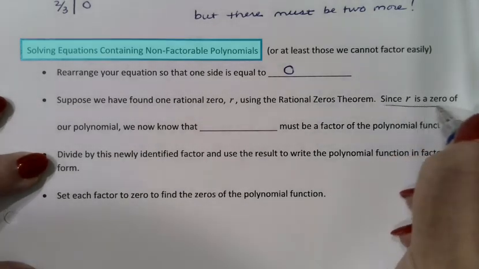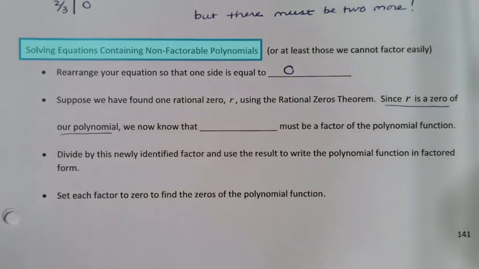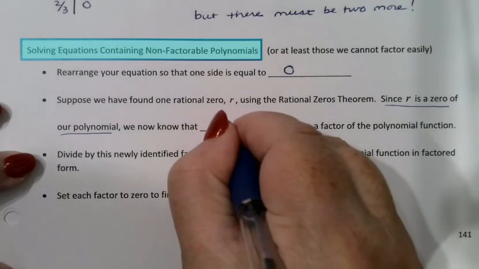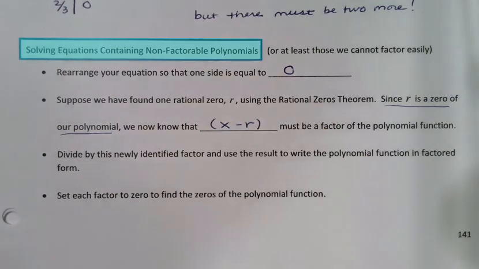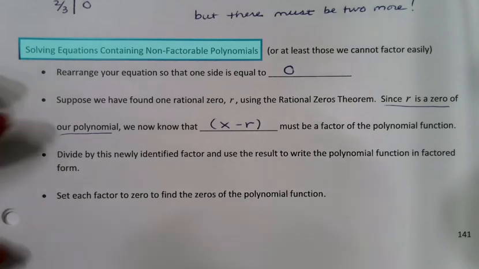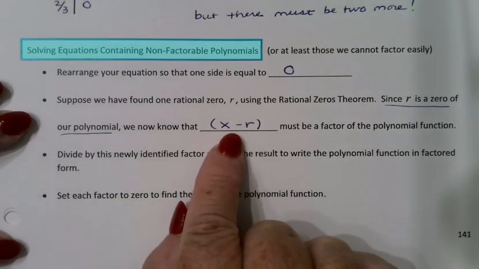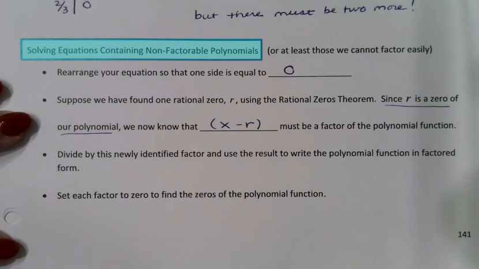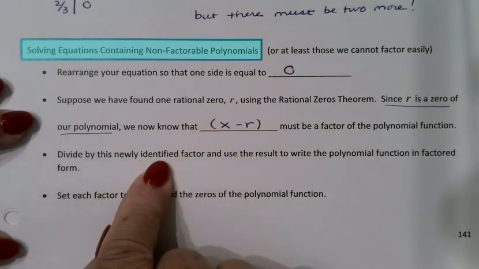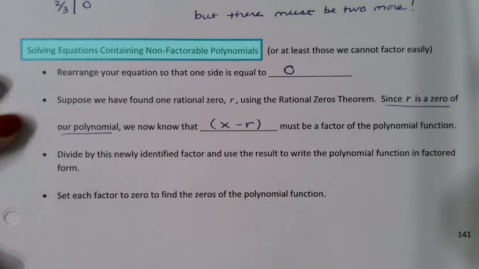Since r is a zero of our polynomial, what do we know about the factors? Well, if r is a zero, x minus r is a factor, right? We saw that back with the quadratics. If x equals 5 was a solution, then x minus 5 was a factor. So we now know one of the factors of our polynomial. If that's a factor, I can divide it into the original, and then I have a quotient,